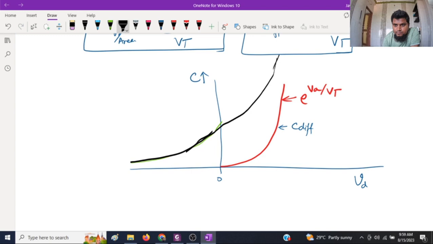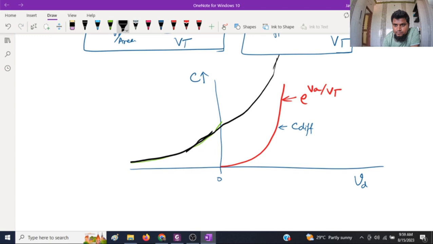However, if you are going from forward bias to reverse bias, the recovery time required will be large because of the large forward diffusion current, or you can say the diffusion charge that has been stored on the other side. To make it reverse bias, you must flush all these charges on this side and these charges on this side,